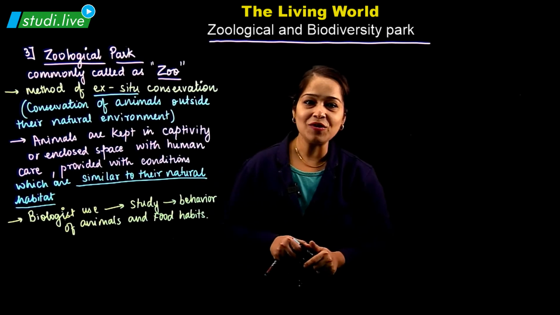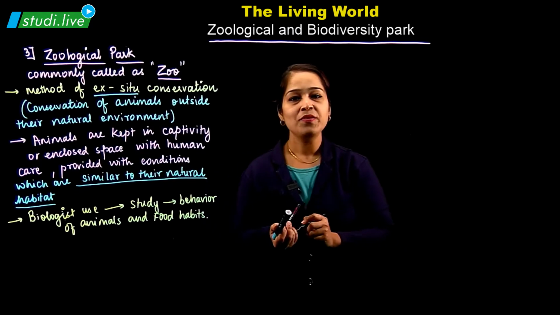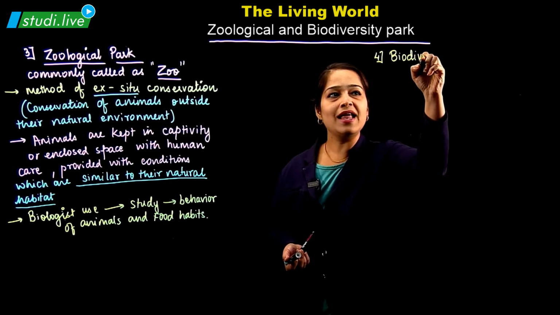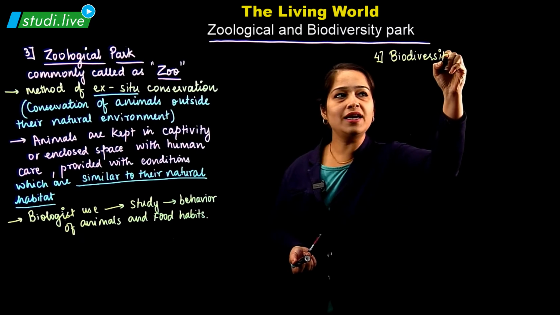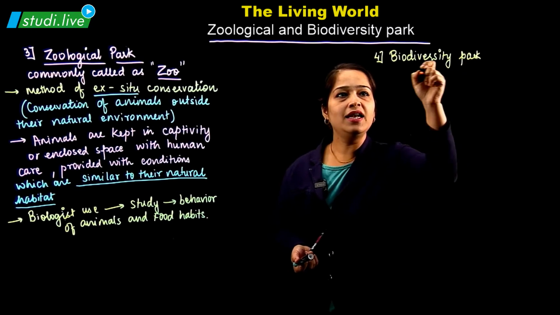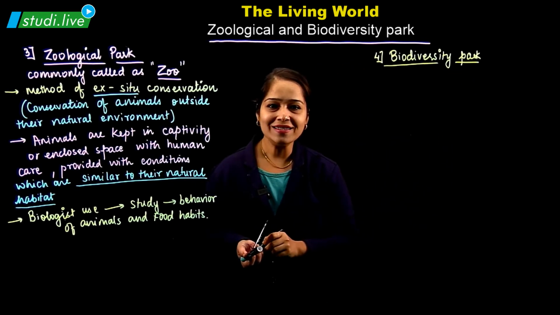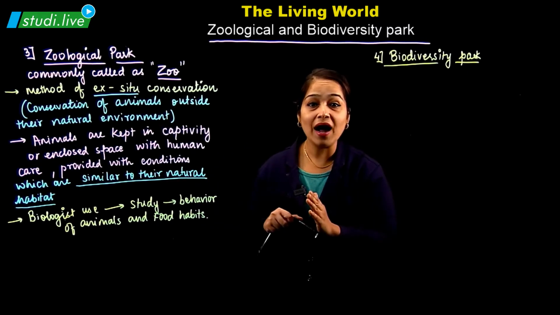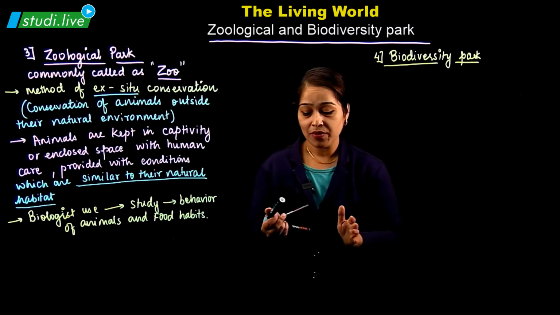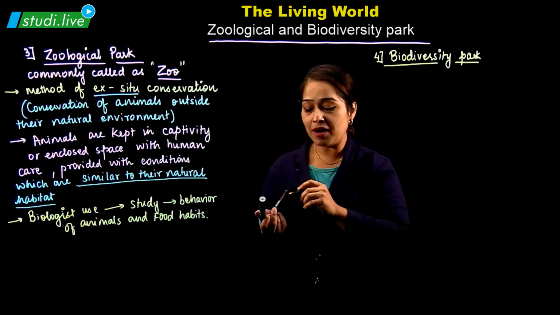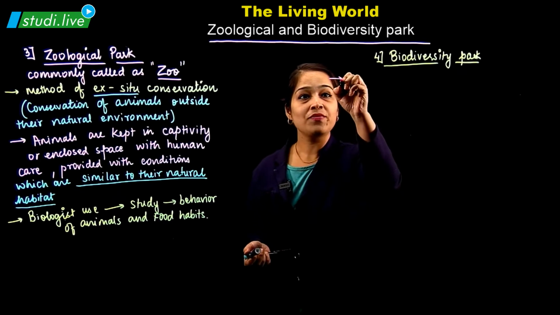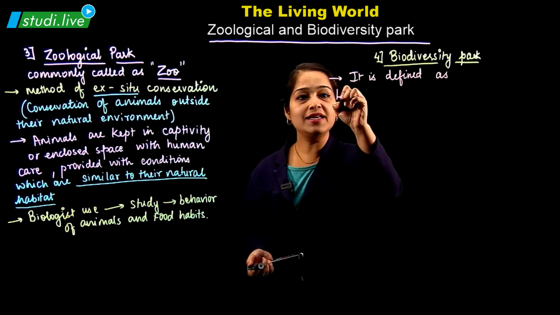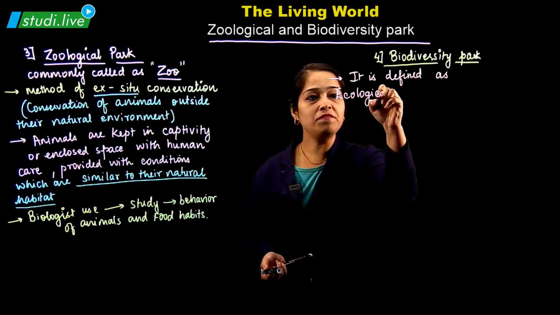Let us move to the second topic, which is biodiversity park. This biodiversity park is the last taxonomical aid for studying the diversity in living organisms. So what is this biodiversity park? As the name suggests, it is going to have bio, it is going to have diversity. Biodiversity park is nothing but an ecological assemblage. It is defined as an ecological assemblage of species